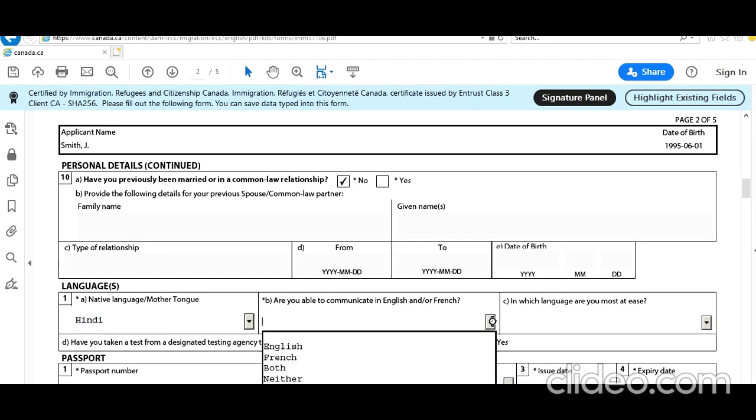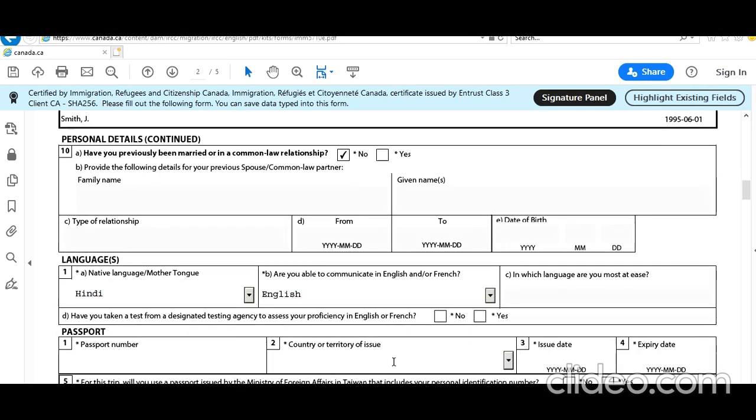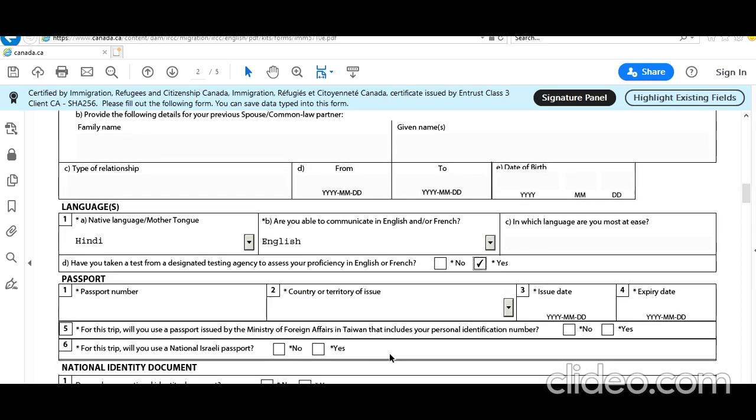Are you able to communicate in English and French? Yes, he was a student, he has taken a test in English. Passport: so a typical sample Indian passport number I'll add. Typical Indian passports are valid for 10 years.